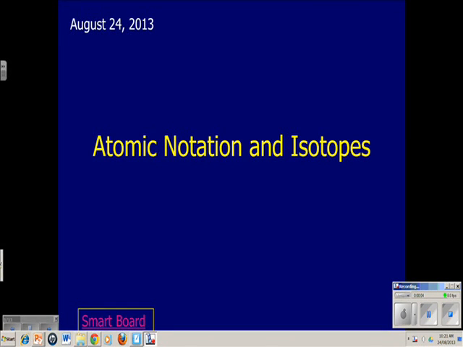Okay, our next lesson is on atomic notation and isotopes. Yesterday we talked about atomic theory, and we talked about the different pieces of the atom. We talked about Thomson and how he put the electron into the atom. And we talked about Rutherford and how he used alpha particles to fire them at gold foil, and some of